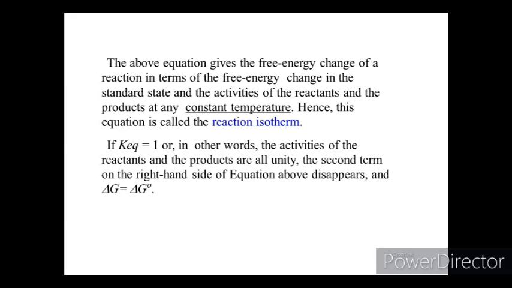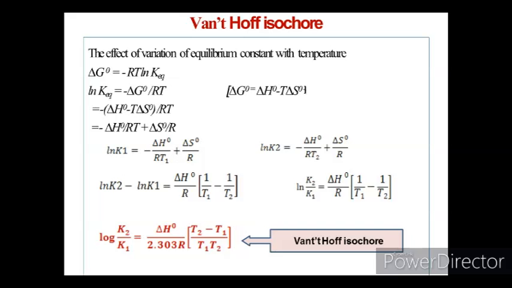Then we have to go for the van't Hoff isochore. In the van't Hoff isochore, it is calculated. This is how it is derived. The final equation is explained here. This is the van't Hoff isochore. It will give the relationship between the free energy term or equilibrium term with respect to temperature. Here pressure is constant, and all the rest are removed. We are taking only the parameters equilibrium constant or free energy term, as well as the temperature.